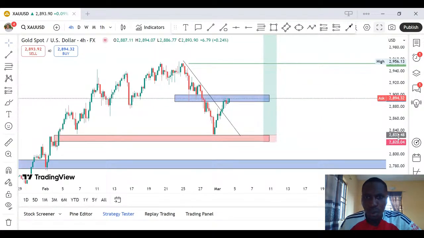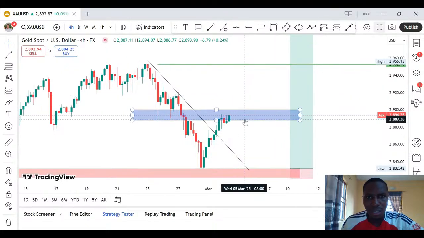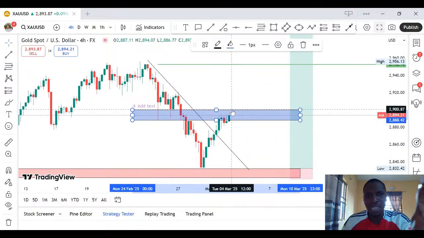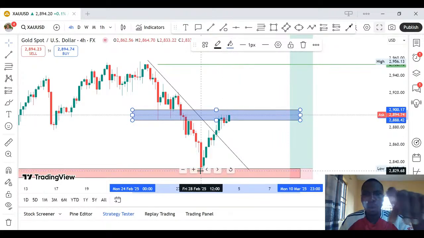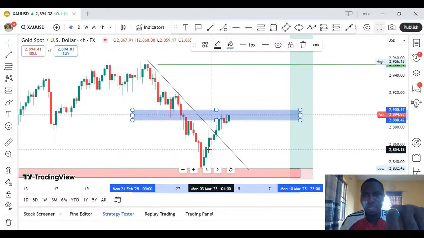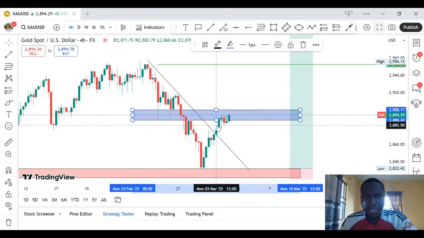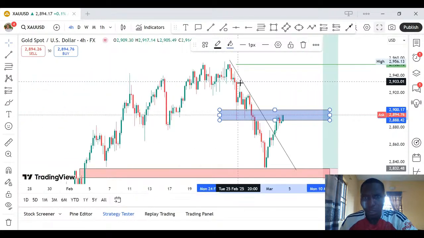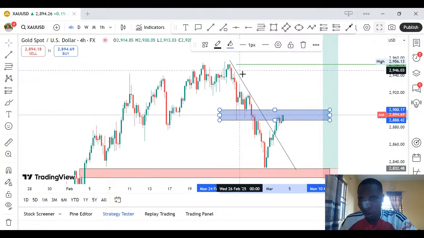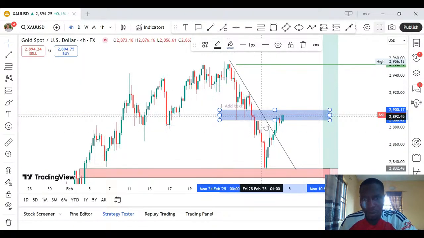I am waiting for this price to retrace. The reason why I marked out this point was because this is your equilibrium zone between the buyers and the sellers. So when I got an entry somewhere around here yesterday, if you watch my previous video, I called out the entry at this point from this retracement, and I said this is the overall target. The reason is that I knew this price will come here based on the overall 100% retracement on this daily 4 hour time frame.